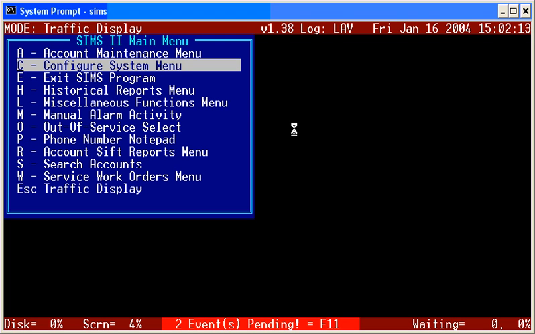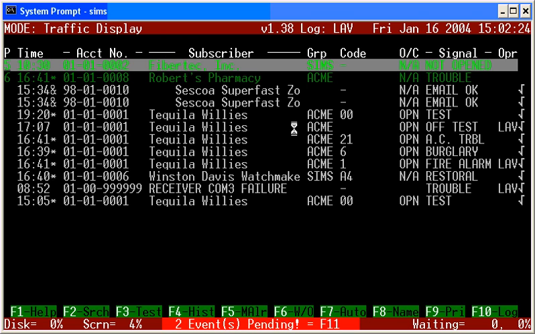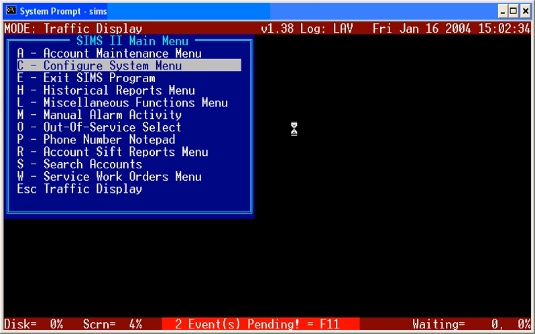In order to understand the SIMS-2, it's probably important that we break it down into three basic categories. There is the dispatching side, which we can get to from the SIMS-2 menu by hitting the escape key. This is where the normal operator sitting in the central station resides. We can escape back to the SIMS-2 main menu, and from here we can divide this category into two separate